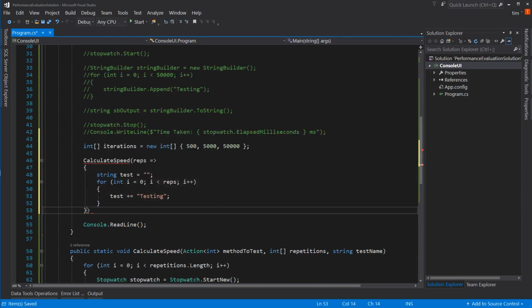Okay, and then we pass in the number of iterations, and then this would be append text. That's the test name we're going to call this. Okay, so we could do this. And this works. It's just a little messy because you've got this whole